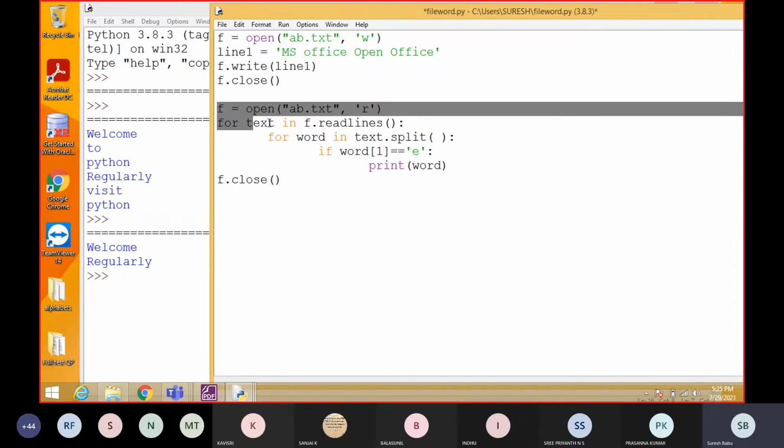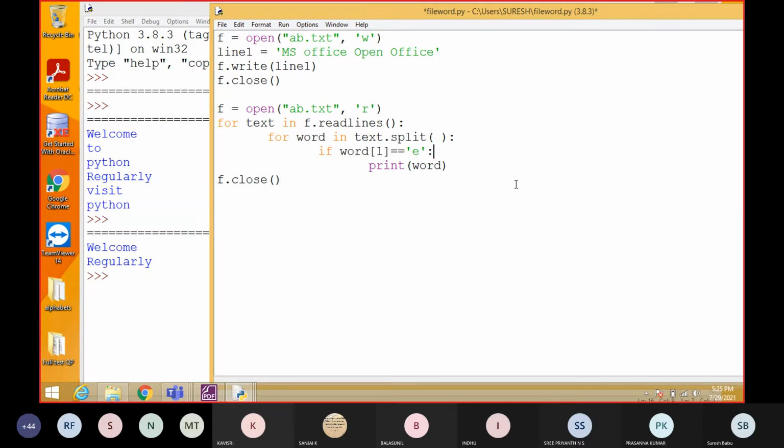By using the same program, I want to display the words which start with the O. Whether it may be small o or capital O, I need to display the word starting with the O. Students, kindly tell me where we have to change the coding.